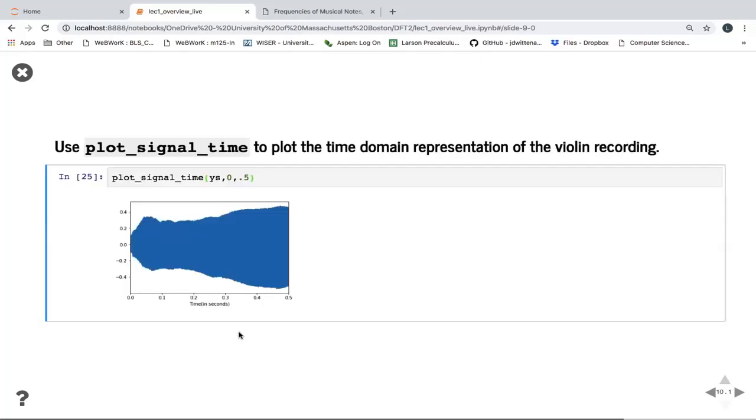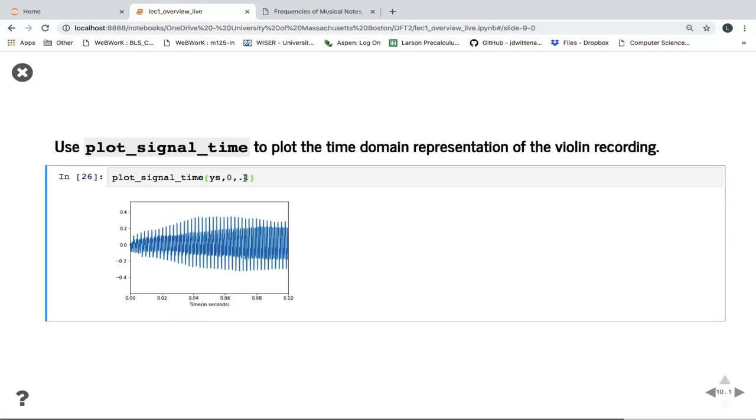So this is the first half a second of the signal. So this again is the violin. I can zoom in a little bit further. So if I keep zooming in, notice, so here it is. But the idea here is that again this representation, the time domain,